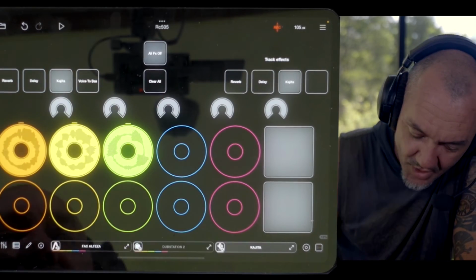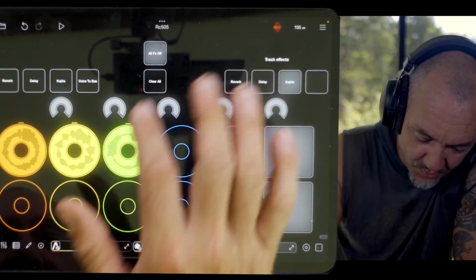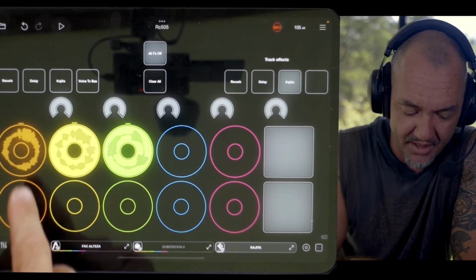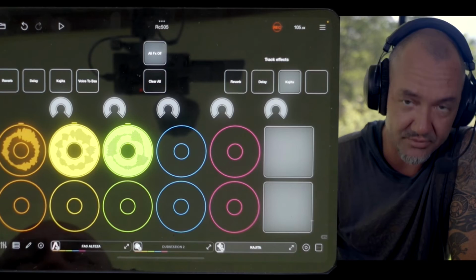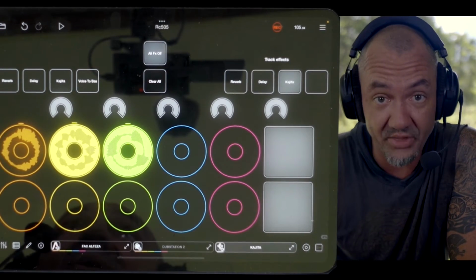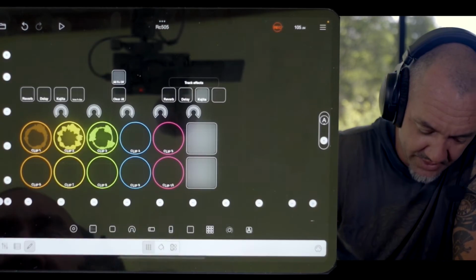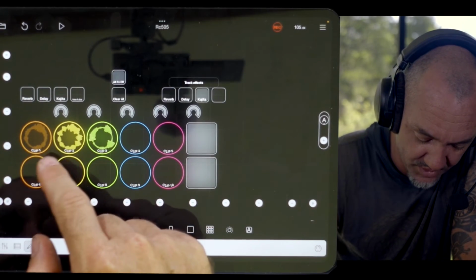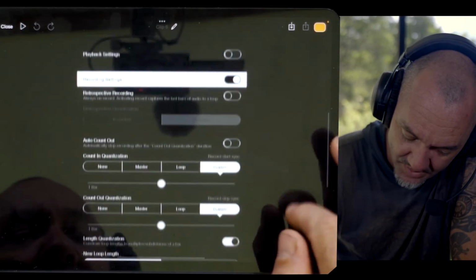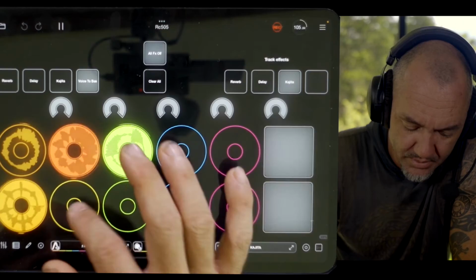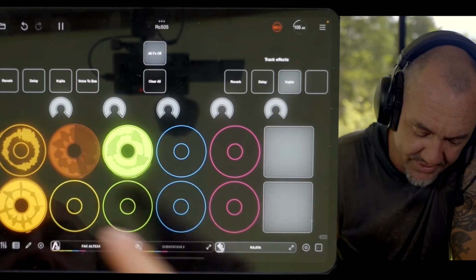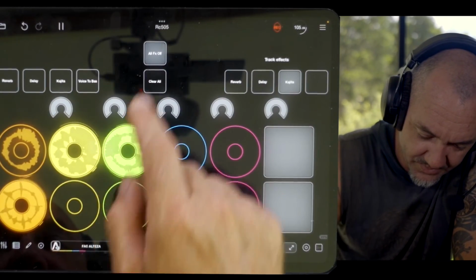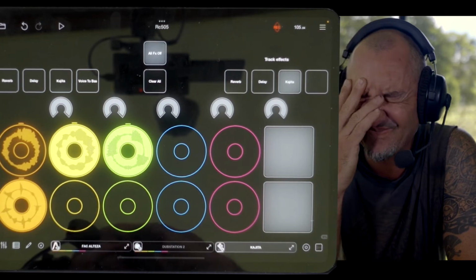Okay, straight up, there's some weird stuff happening. See how I was tapping on that? I'm tapping on that, and it's triggering that one above. So we've got to figure out what the hell is going on. This has happened a few times, and it may happen to you too, and it's confusing. So I'm going to click on that, and it's doing to that one, and then you just be like,